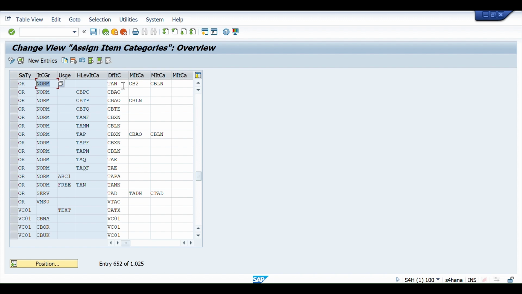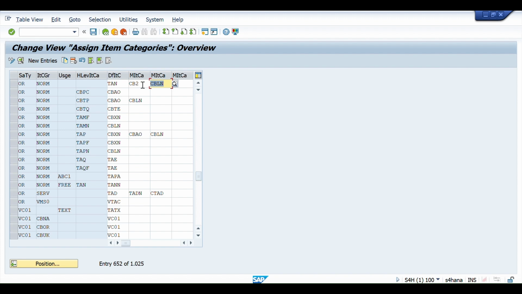And now we have TAN as default item category. Therefore, when we create a sales order with document type OR and enter a material having item category norm, then SAP finds this matching combination and determines TAN as the item category. We can also see CB2 and CBLN maintained as manual item category. These are alternative item categories that can be manually selected where permitted by the configuration. Okay,